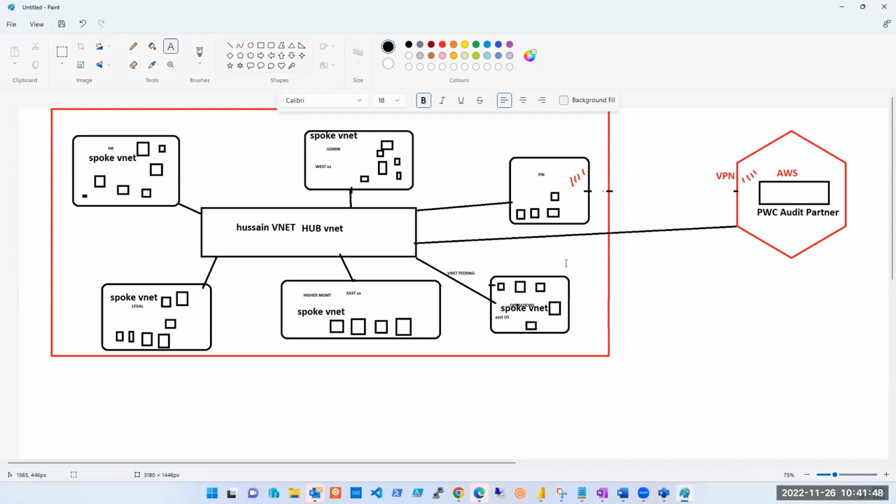Wait, let's restart the session and I'll answer that. When I say it's not transitive in nature, what I mean is this one cannot speak to this one. Now, what is your question? Be specific here. Which VNet is talking to